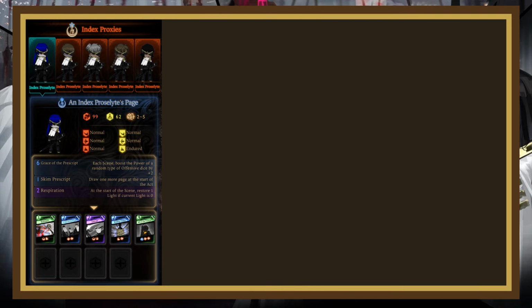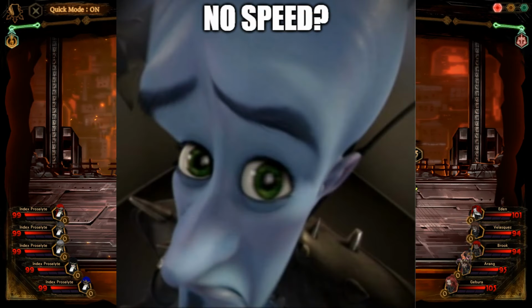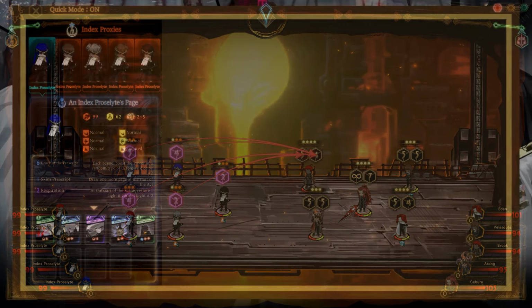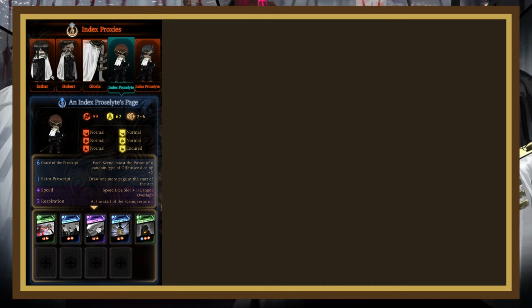Similar to the original Index reception, these enemies all target the same librarian, but since they don't have speed, you'll have double their dice and can probably make short work of them. The second act is much more threatening. You'll be fighting 2 more Index proselytes that are pretty much the same as the first act except with speed,